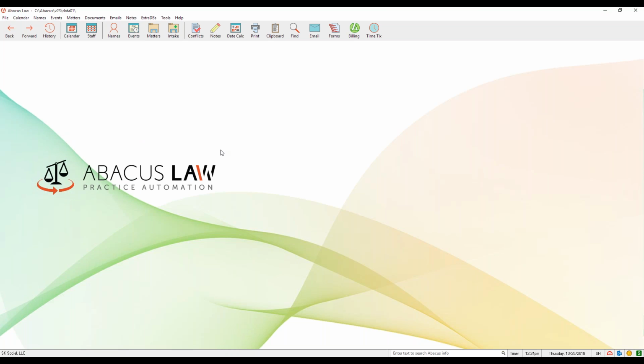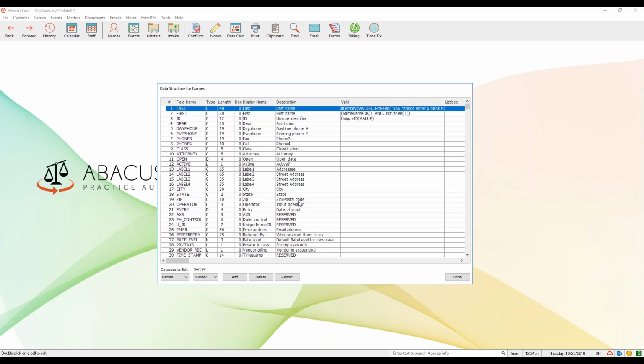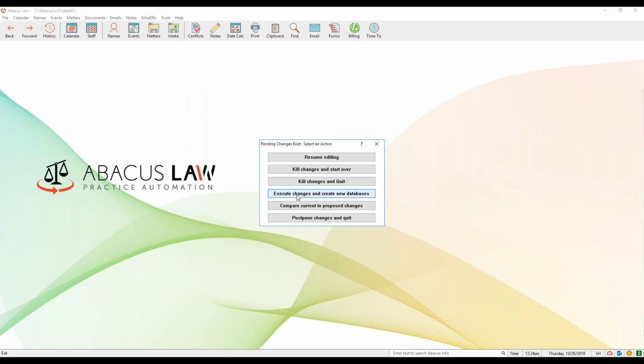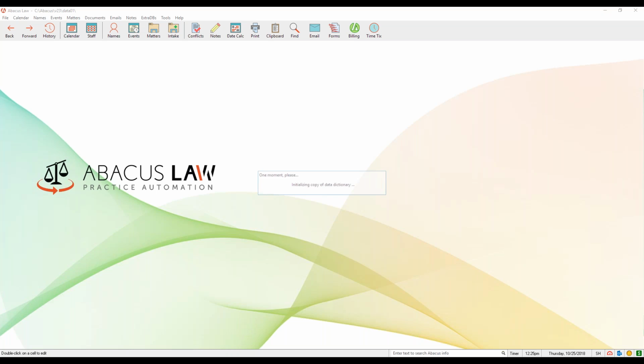You can go into the database structures, okay, and make all the changes that you want, but when you click done, you have to click the button execute changes and create new databases. And if there's other people in the program, it won't. It'll tell you there's people in the system and you can't do it right now. So if that's the case, then you just need to click the button that says postpone changes and quit. And then that will keep everything that you did in the database, but it won't make it usable yet. And then when everybody leaves for the day, just go back into that window and click that execute changes button. Okay,